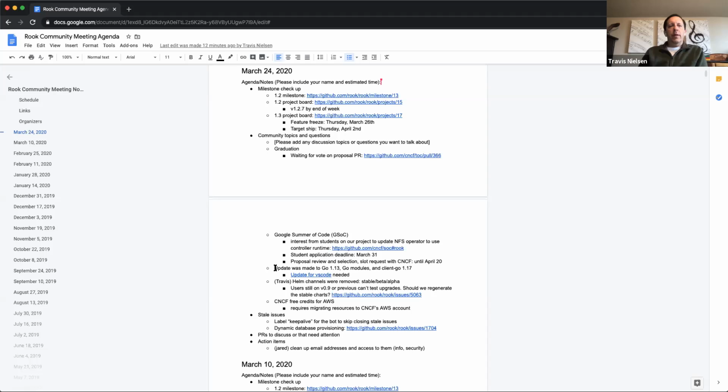All those issues are around NFS, sort of bugs to fix, it looks like. Yeah, like converting the operator to use the controller runtime implementation and a number of other improvements to NFS, but they're all around NFS. Right. As another idea, if someone were to start with a controller runtime conversion across the board for other operators that don't have an active contributor right now, that might be nice. But I don't know if you can update the proposal projects during this phase, or if that's past the due date.